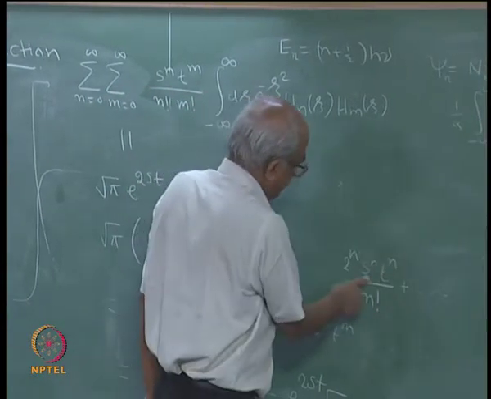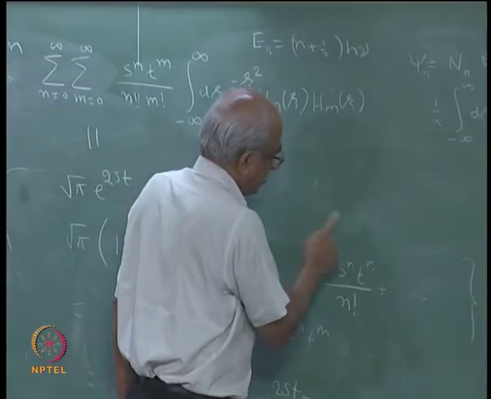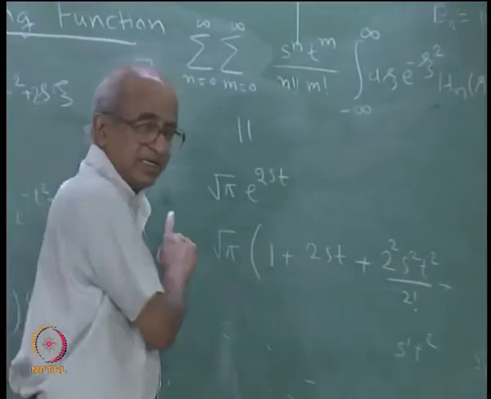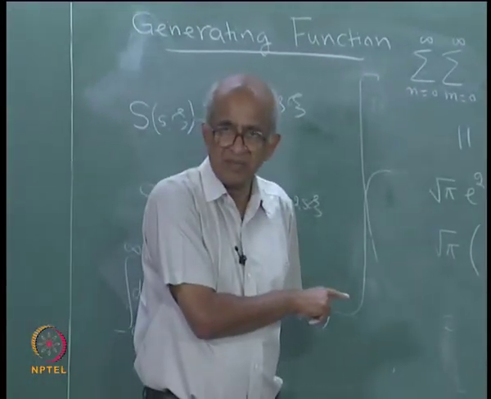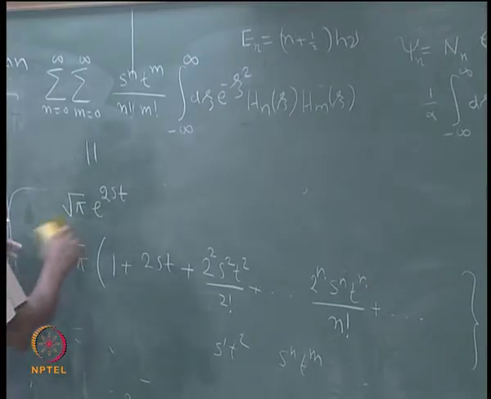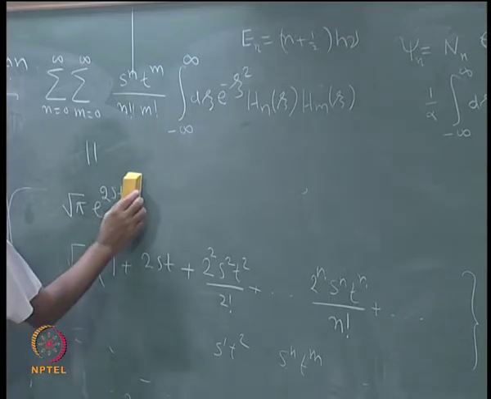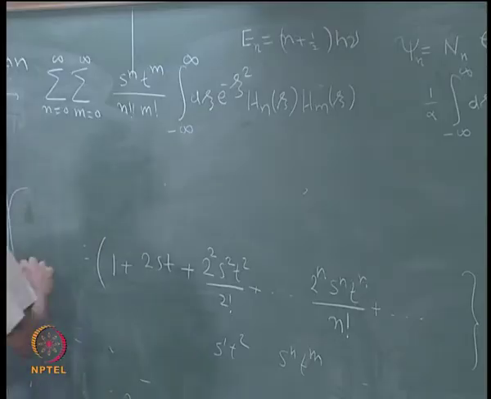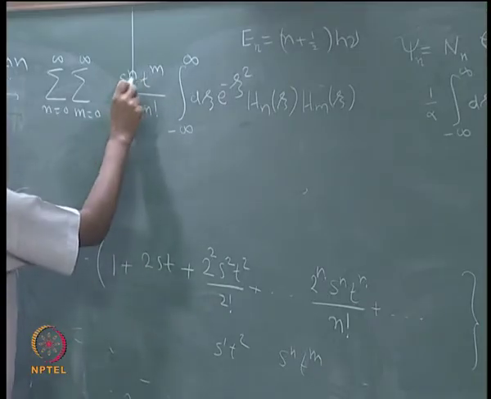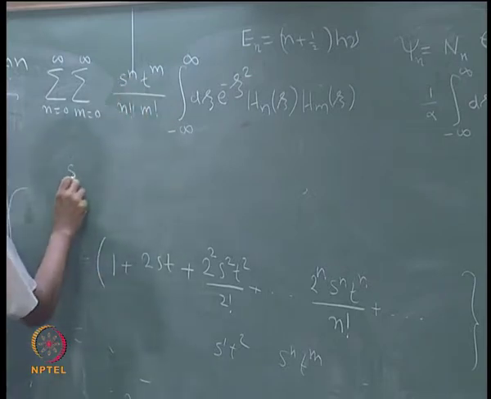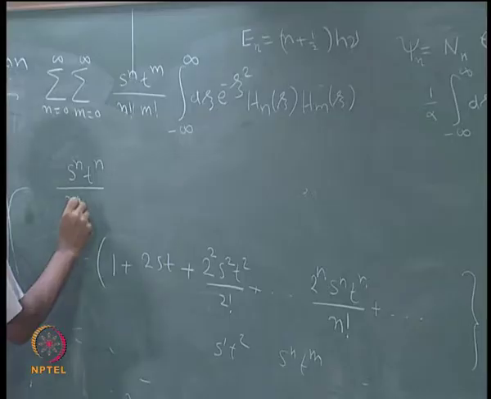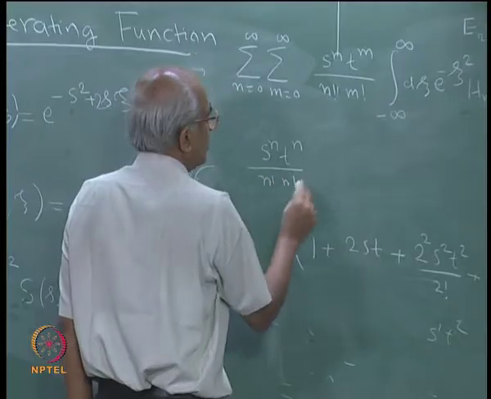See, when n is equal to m, let us say I will have s to the power of n t to the power of n, and you will have 2 to the power of n divided by n factorial multiplied by square root of pi, correct. So, therefore, I take the term with n equal to m here. If n is equal to m, the term that is occurring there is s to the power of n t to the power of n divided by n factorial divided by n factorial, because n and m are the same,